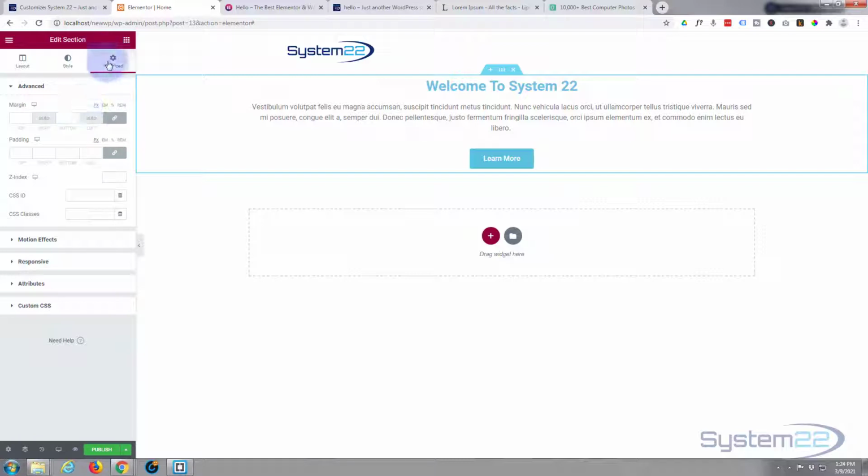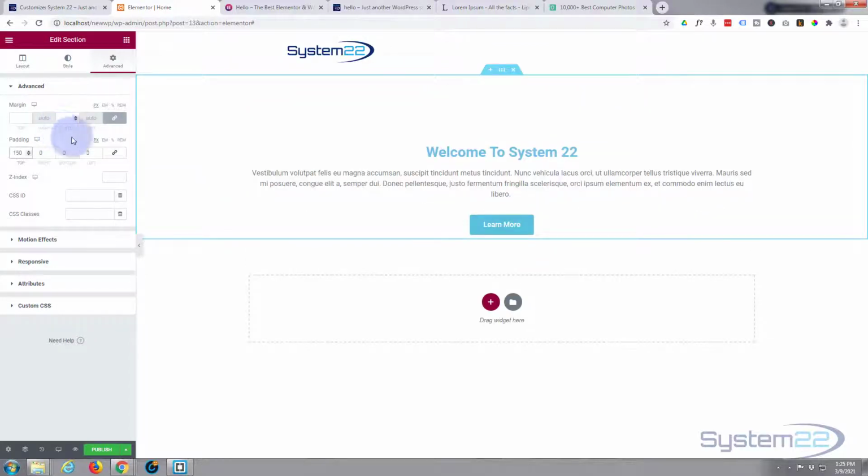So I'm going to go down, I've gone over to the advanced tab in the section. I'm going to go down to padding, but I'm going to uncheck the chain because if you leave that checked, it'll do top, bottom, left and right all at once for you. I just want to do the top and bottom, so I'm going to uncheck that. Here's the top. I'm going to give it 150 on the top and 150 on the bottom,